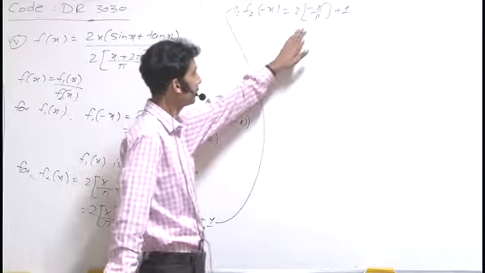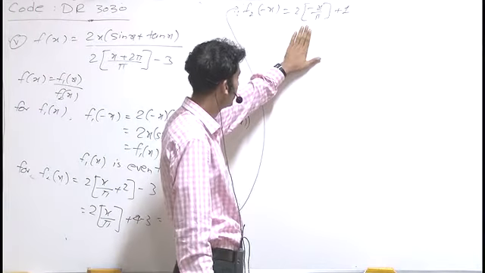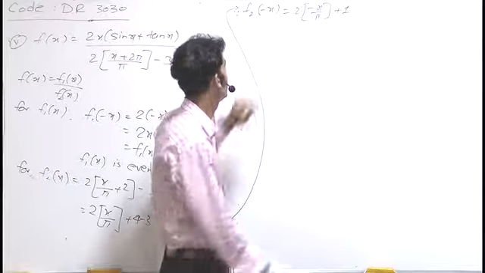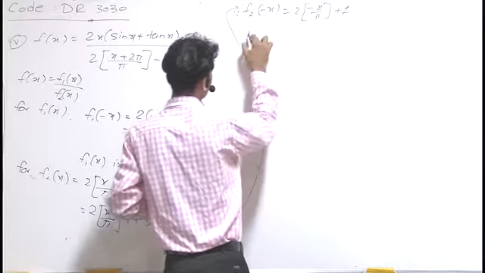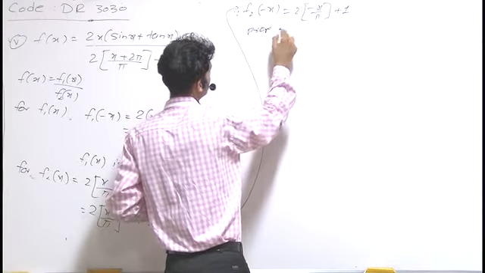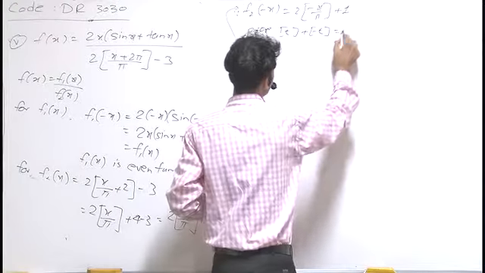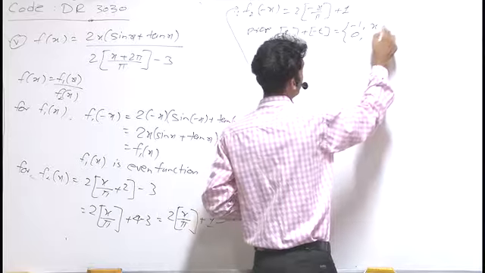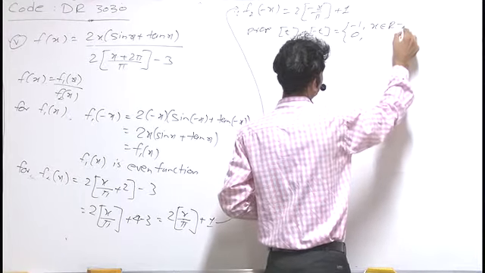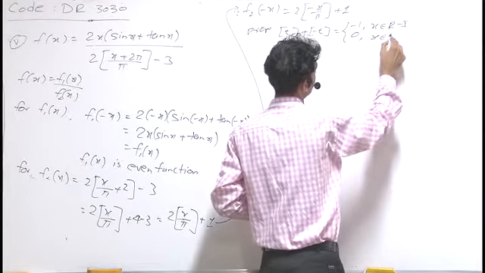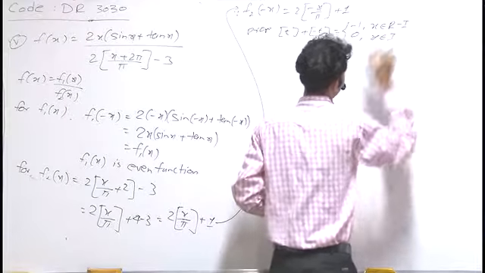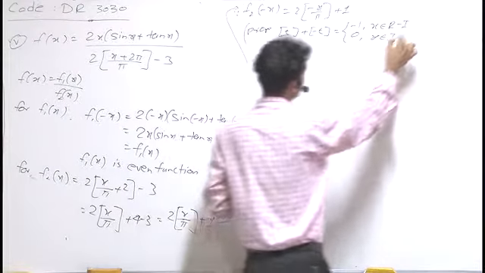We cannot take out the negative sign from the greatest integer function directly. Therefore, we have to use a property of the greatest integer function: [t] + [-t] equals -1 or 0, if x belongs to R minus I, and if x belongs to the integers respectively. This is a property of the greatest integer function.